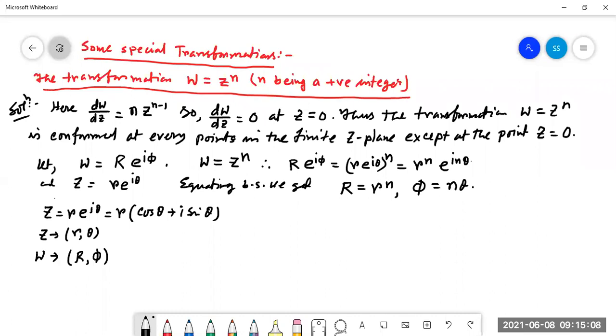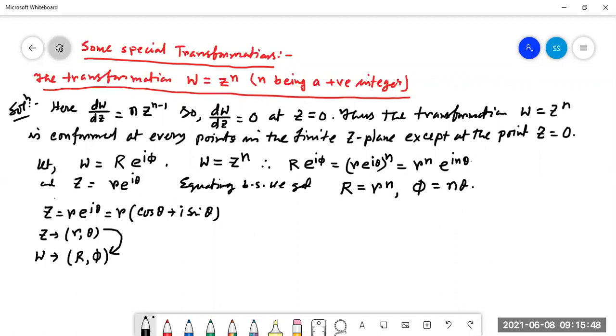It was given on the right hand side. That was the first plane, right? Z to the power n is given, so it lies on the Z plane. After transformation, it will be coming into the W plane. That means we have to change this small r theta to capital R phi. Is it clear? How to make the transformation: what is given on the right hand side is the present case, and we have to change it into the left hand side. It is given in the Z plane, we have to change it into the W plane. Is it clear?